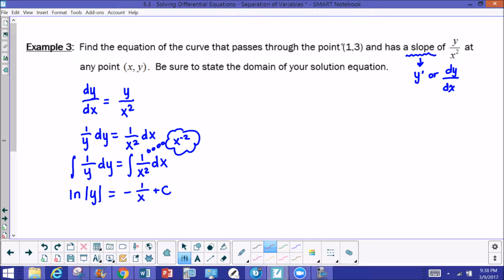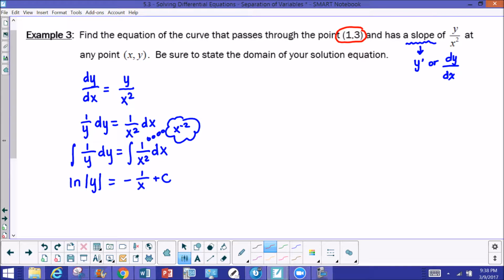Now we see that there is an initial condition. So this is an initial value problem. Sometimes we call them IVPs. So we're going to use the ordered pair (1, 3). So 3 will be our y, and of course, 1 will be our x. Negative 1 over 1 is just negative 1. So therefore, we come to the conclusion that c is just 1 plus natural log 3. I like to write them like that so that it is not confusing what's inside the natural log. So that means that